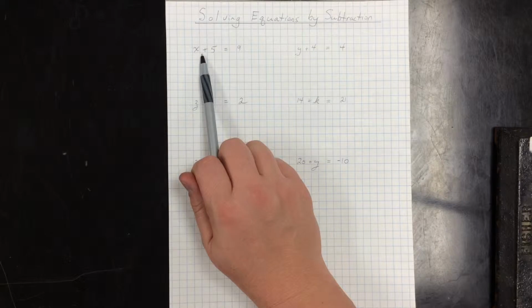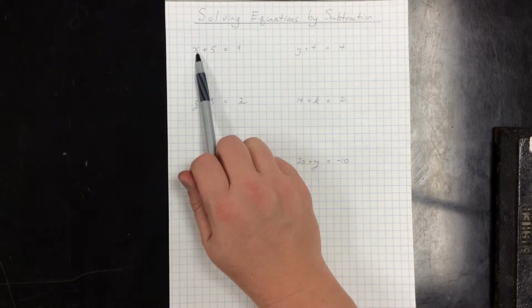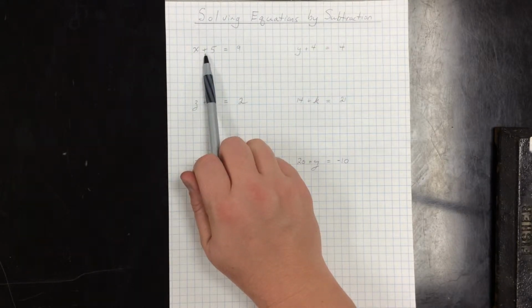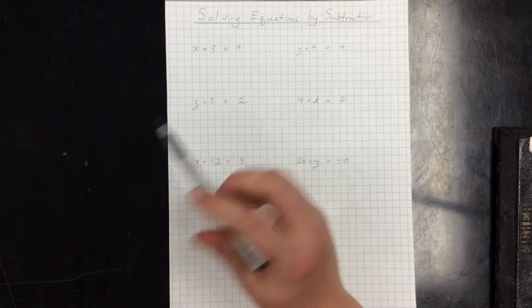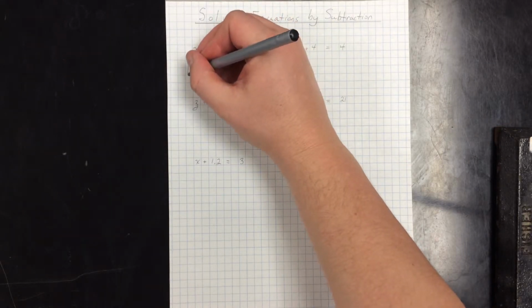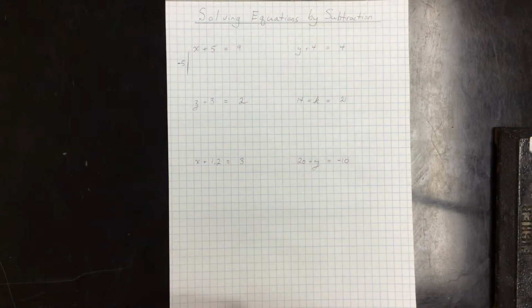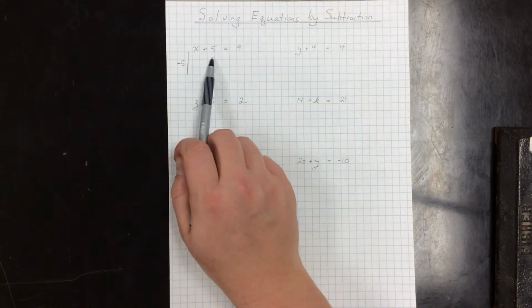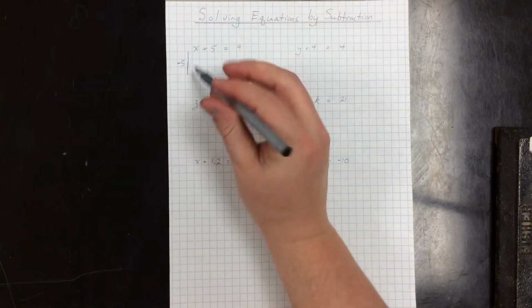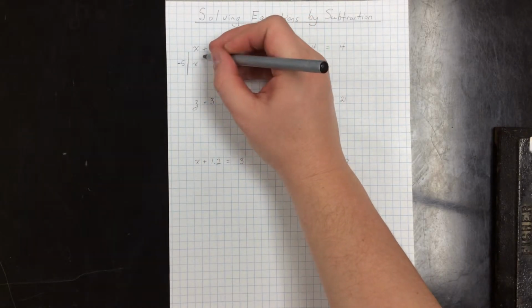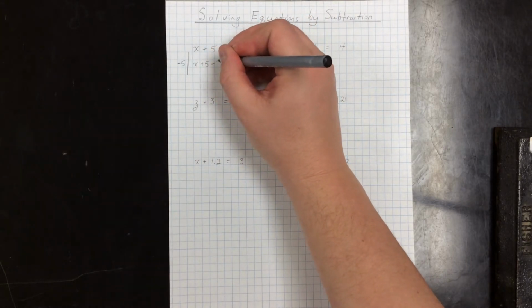So in this case, I have a number that's been tied to my variable using addition. I need to use the opposite operation, which is subtraction, to get rid of my positive 5 or adding 5. In order to do that, I need to subtract 5. I need to do the opposite. So I want my number to go to 0 to cancel itself out. So I'm going to have x plus 5 subtract 5